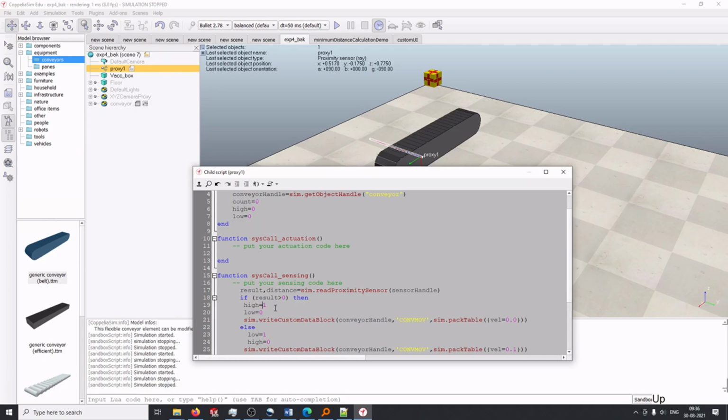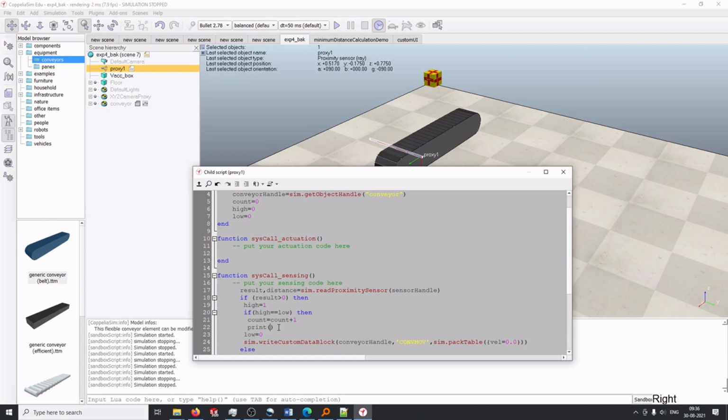Now, if high equal to low, then we have to increase the counter first, right? Count equal to count plus 1. Then we have to print the status of the count, right?